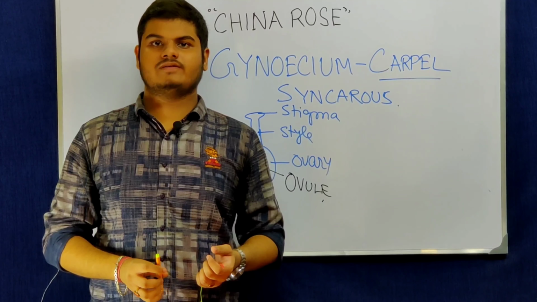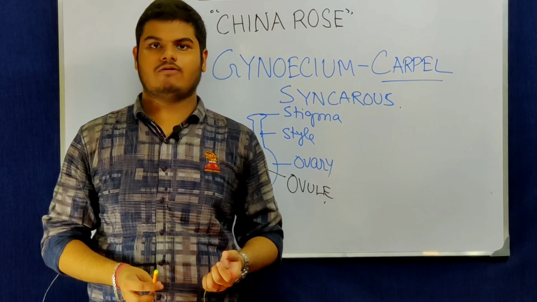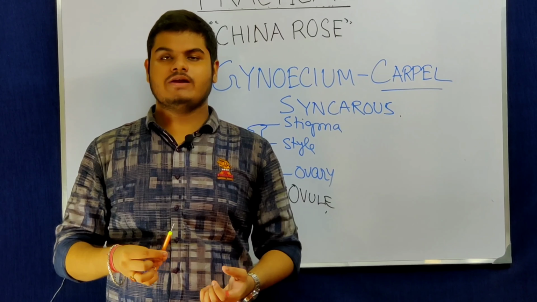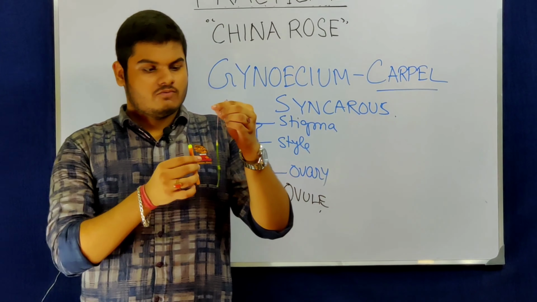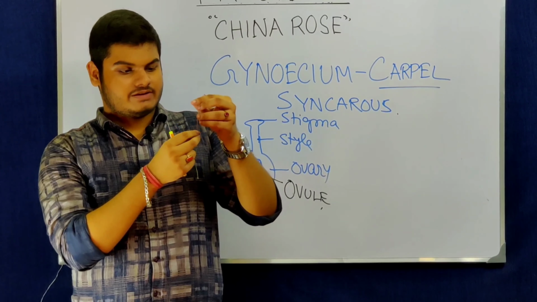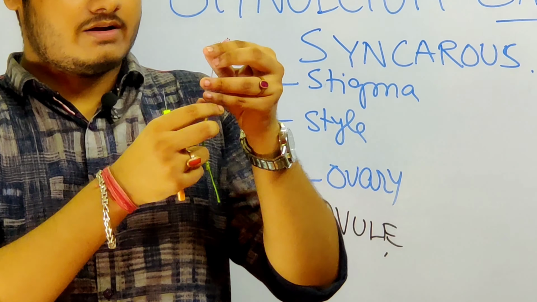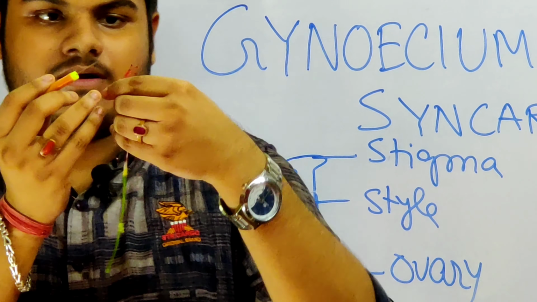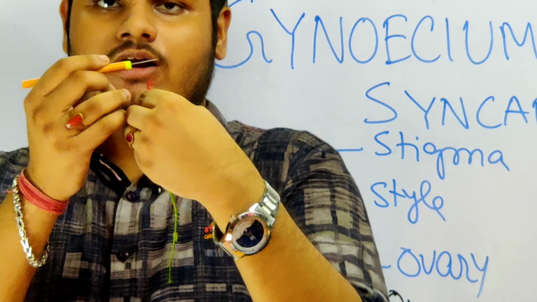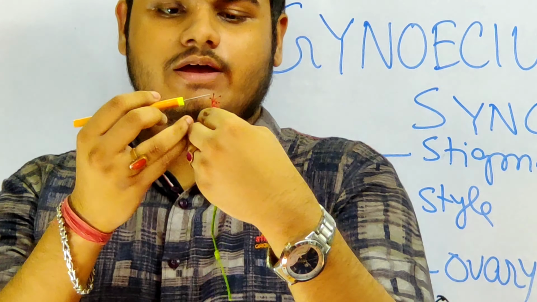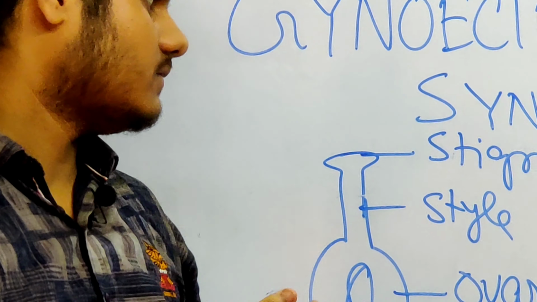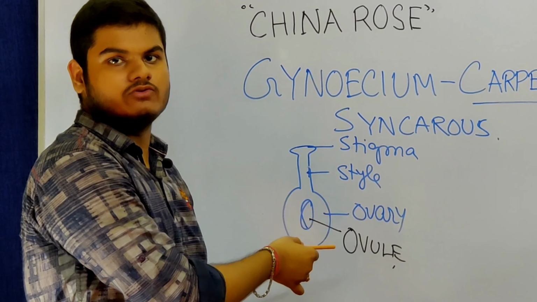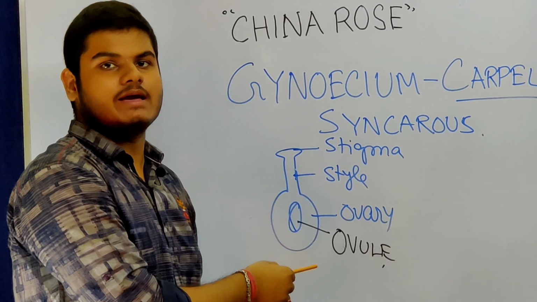Now we are going to discuss the fourth and the last whorl of the flower, gynoecium. Gynoecium is made up of carpel, the female reproductive part of the flower. Now within the androecium, gynoecium is present. It has 3 parts, the uppermost stigma, the middle style and the basal ovary. As the carpels are 5 in number and are fused together, hence it is called syncarpous. Within the ovary, ovule is present where the egg is produced and egg is female gamete.